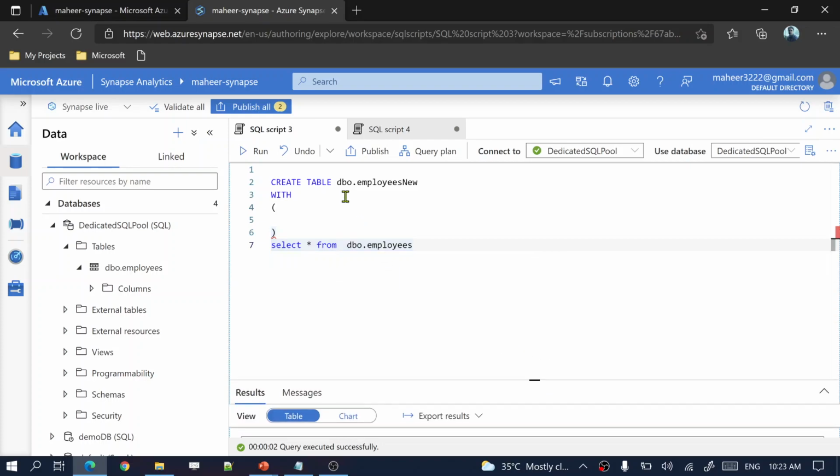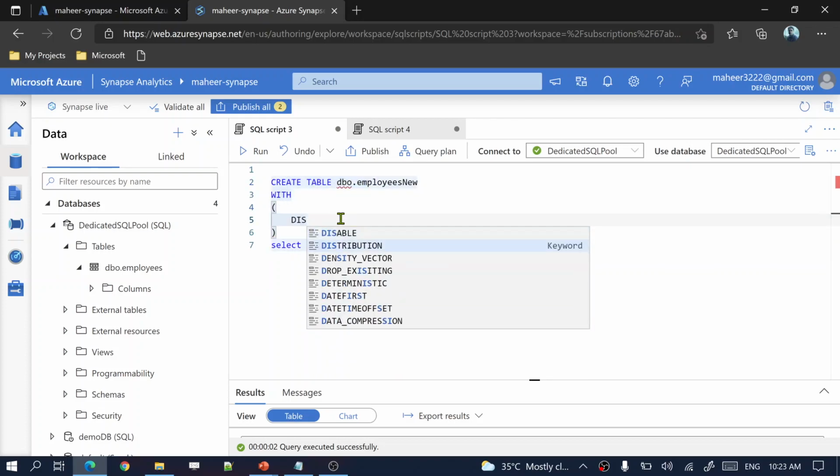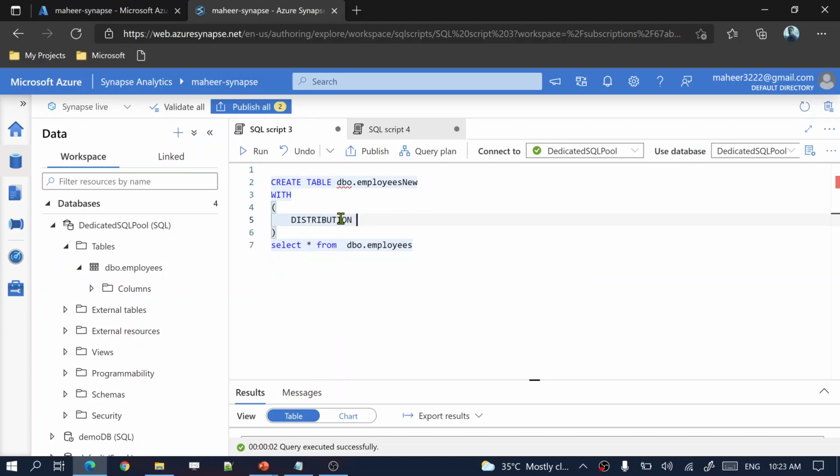Here, using this CTAS, create table as select, under the with command you can define your distribution. If you want to change the distribution of your newly created table to something else, you can do that. I could keep the same hash.